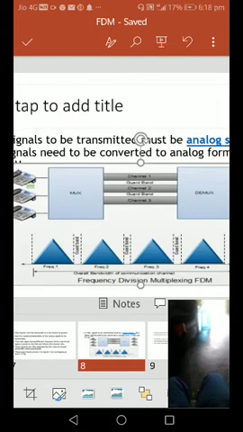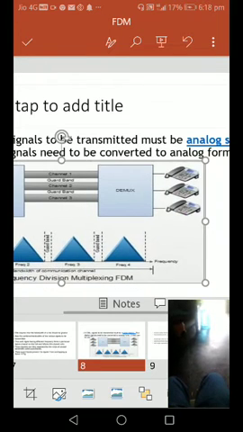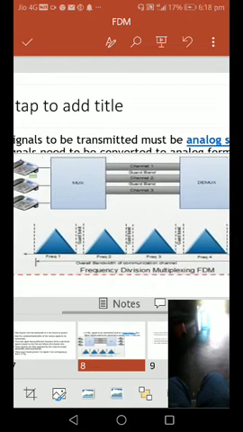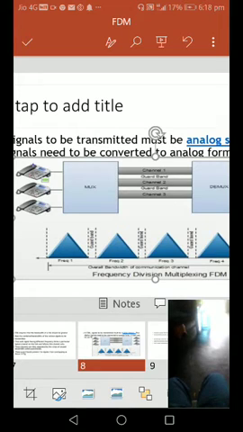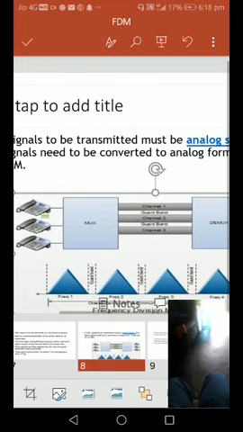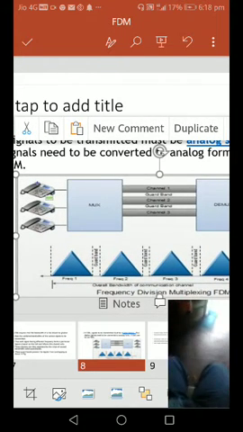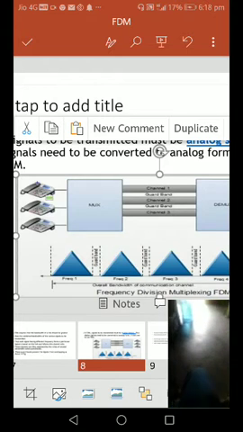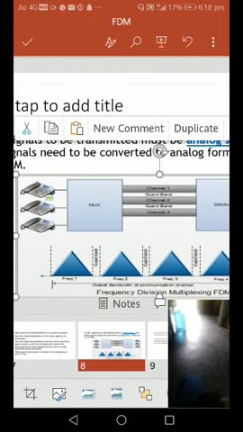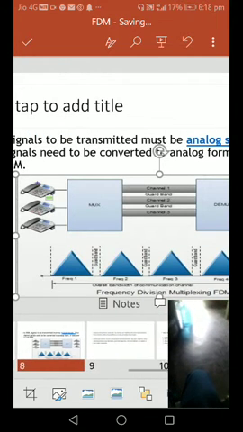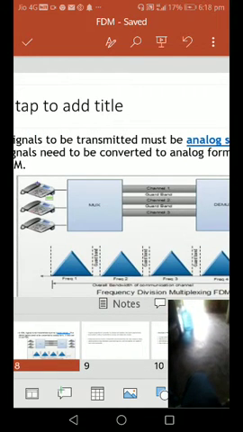And we have to utilize this frequency spectrum of the overall signal. Taking the y-axis as the magnitude of the signal and the x-axis as the frequency, this is the frequency spectrum of the three signals. This is basically the concept of frequency division multiplexing. Next, we go to the next slide.